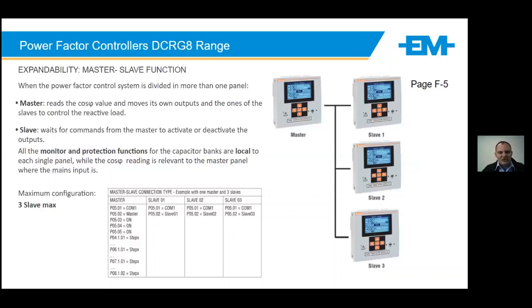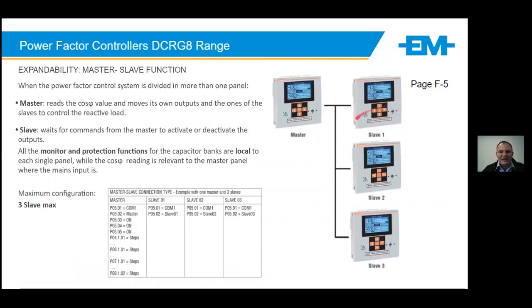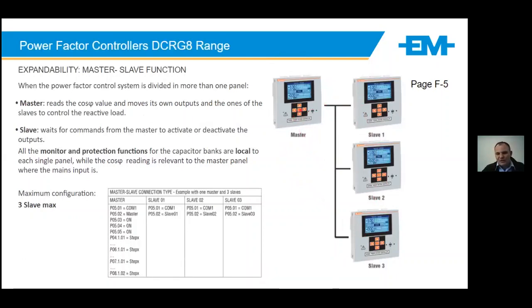A very unique feature that works great is what we call a master-slave function of the controller. So you have one master in the system where the CTs and the voltage pickup take place. It then tells slaves via RS485 comms to bring in their steps. So they won't have any current measurement on them. Only one master would be able to decide to your slaves to bring in their banks. A maximum of 3 slaves, and you can set up quite a large system with this.